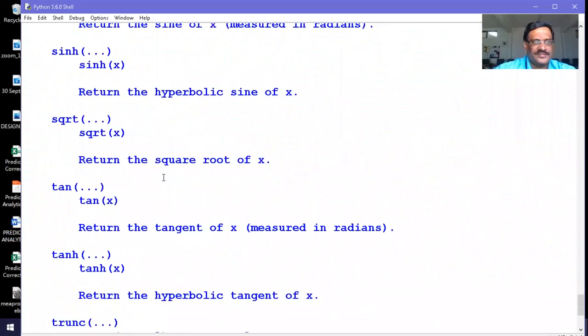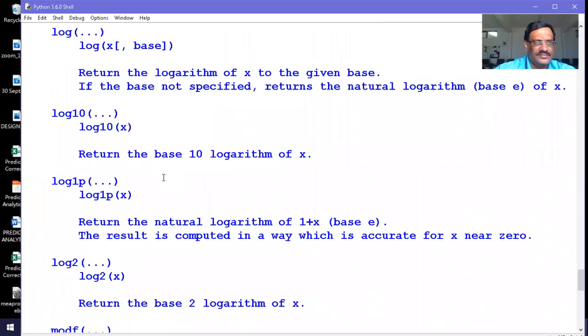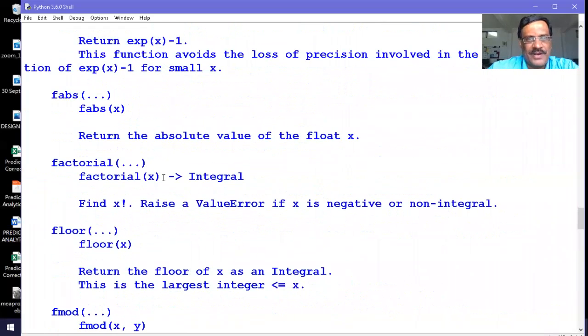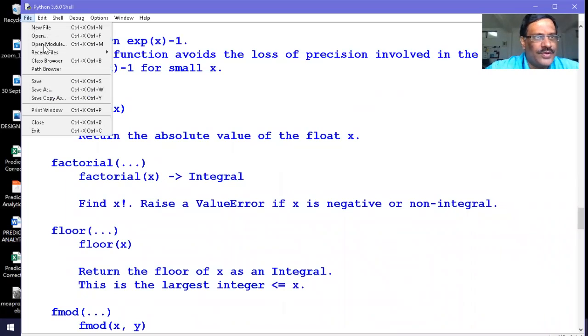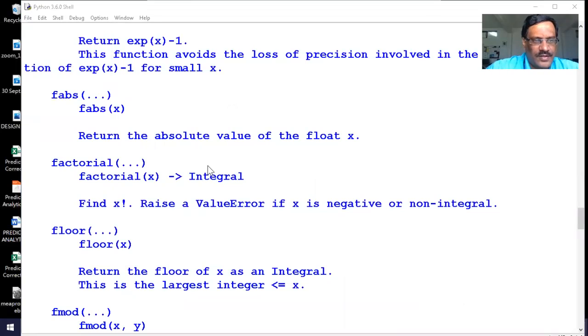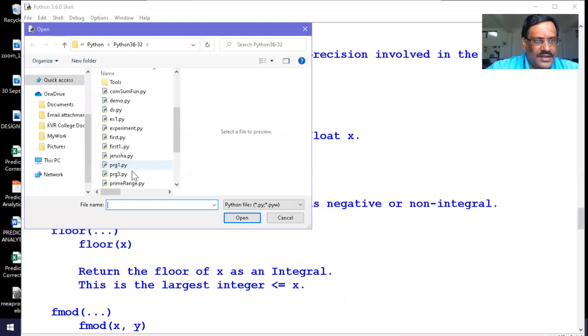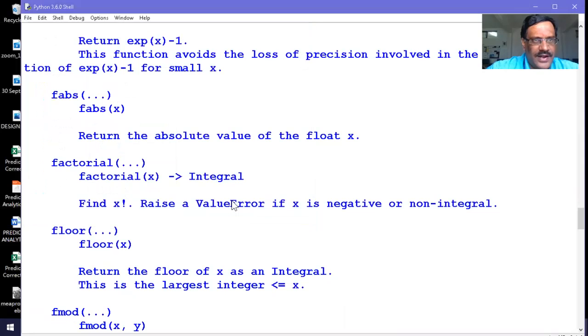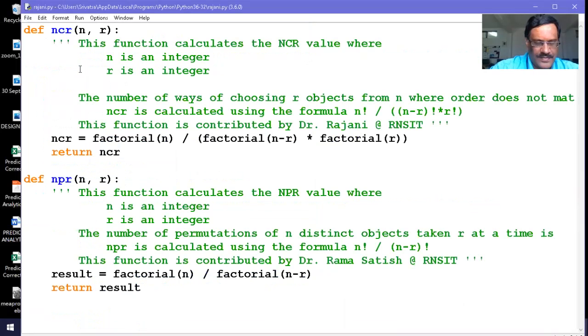Look at that, GCD. Factorial is a mathematical function, and the math module is not imported. So I have to go to open module, open Rajani. Where is it? Rajani. And here